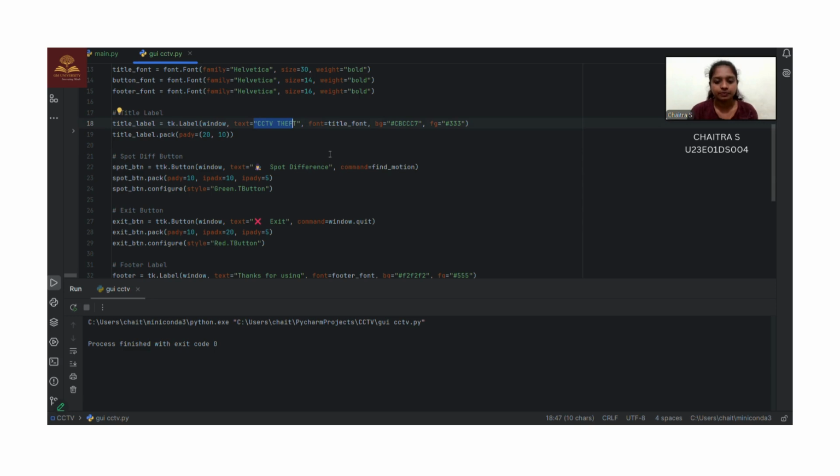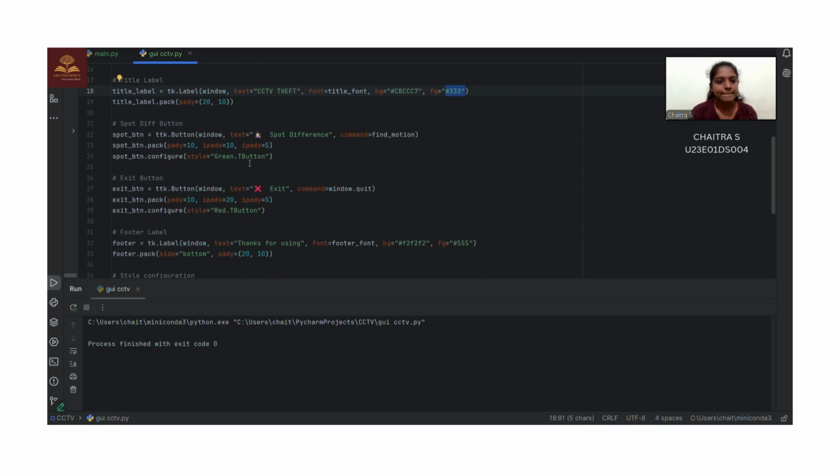It sets the font, background, and the foreground as hash 333, which is dark gray in color. And this is the size of it, padding 20 and 10.